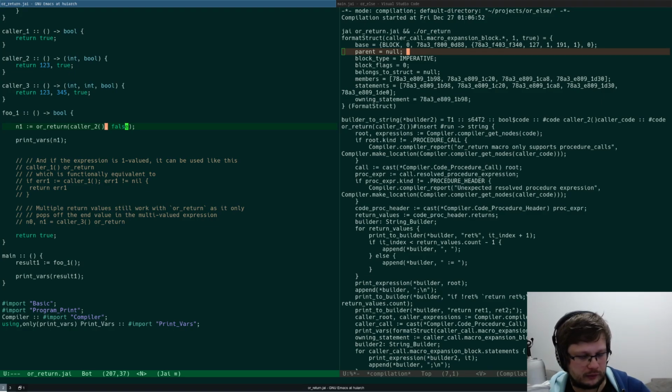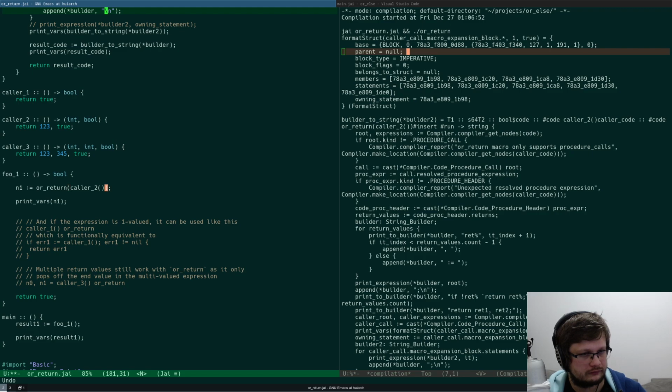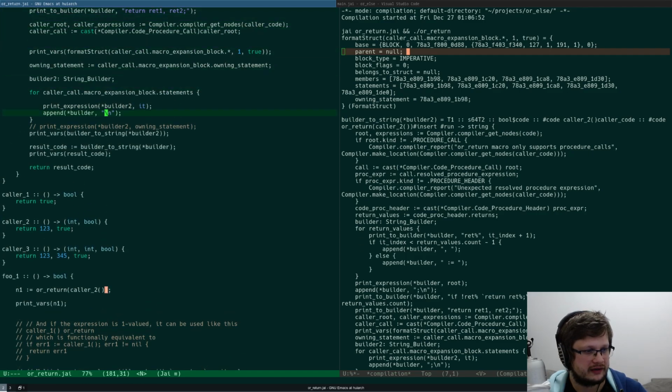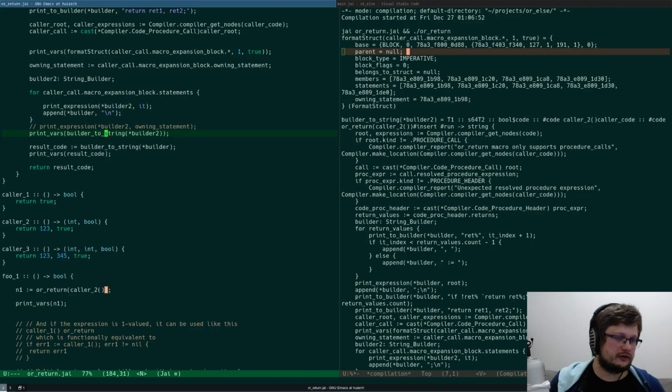So my metaprogram will take this statement that the user types, and it will rewrite it into this statement. And if we have this, then it will rewrite it into this. Right? So yes, that's going to be the logic.